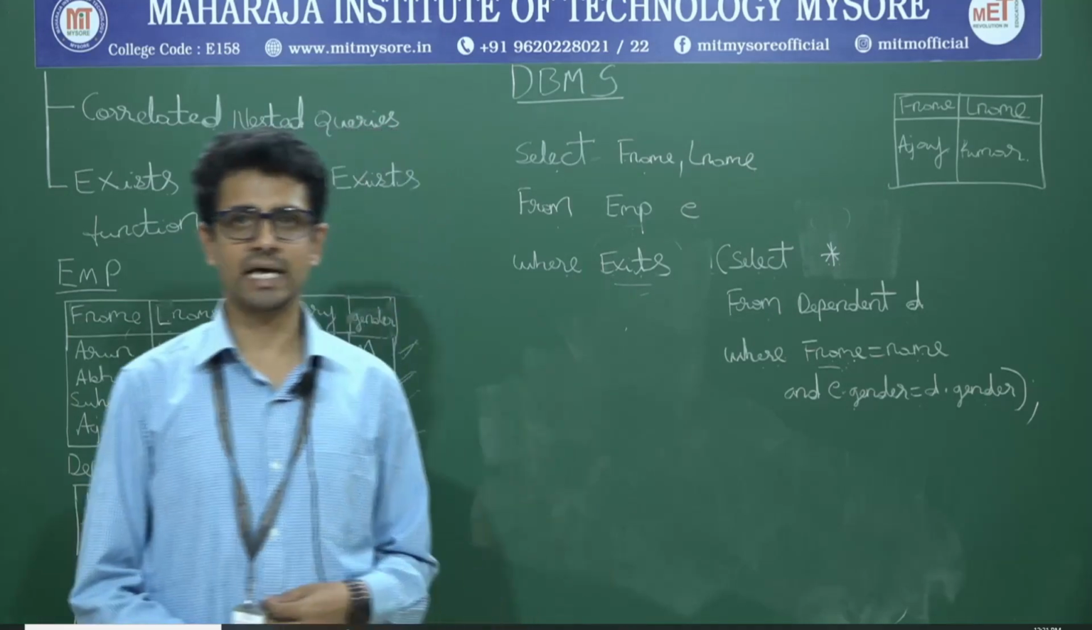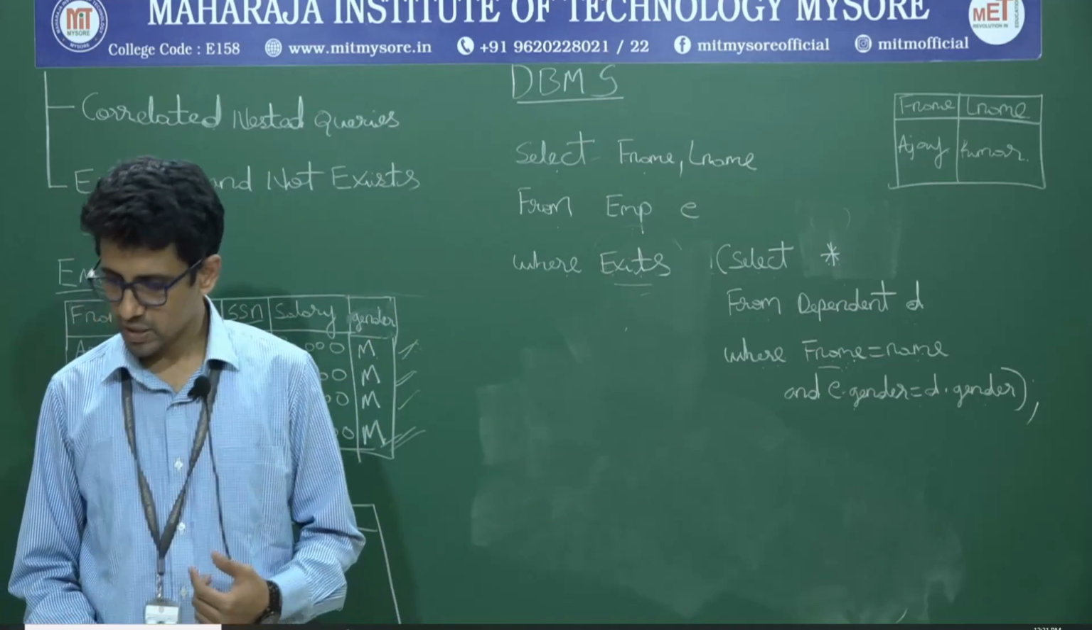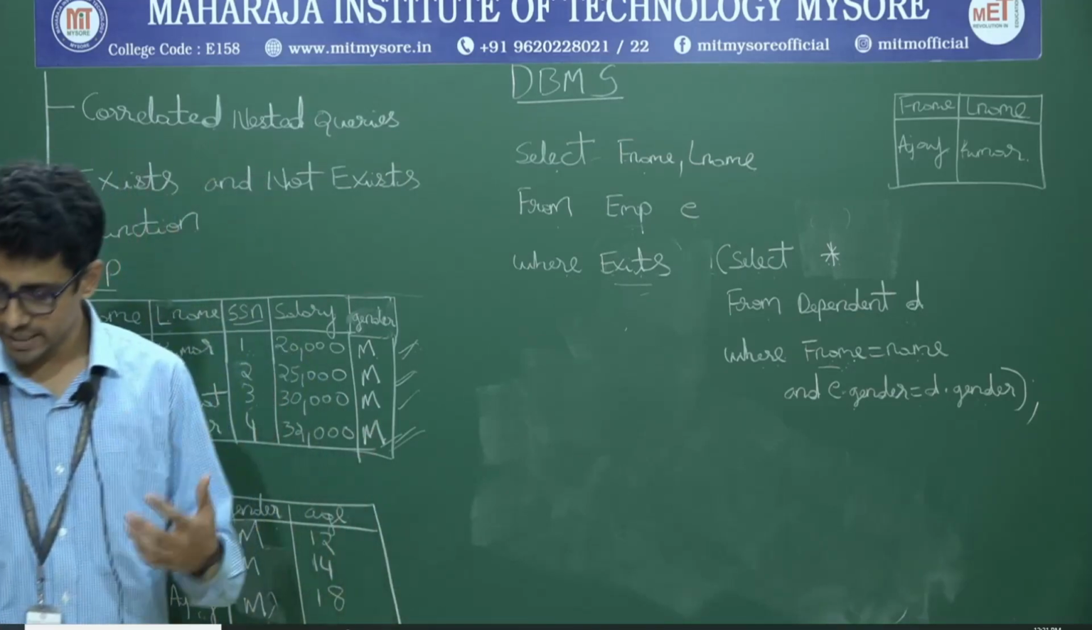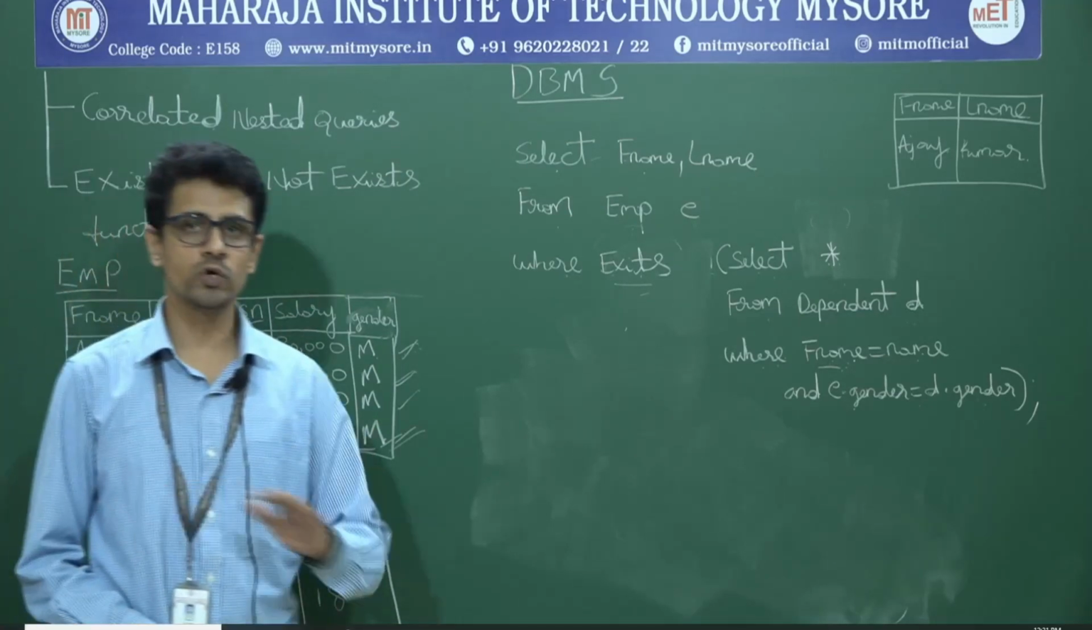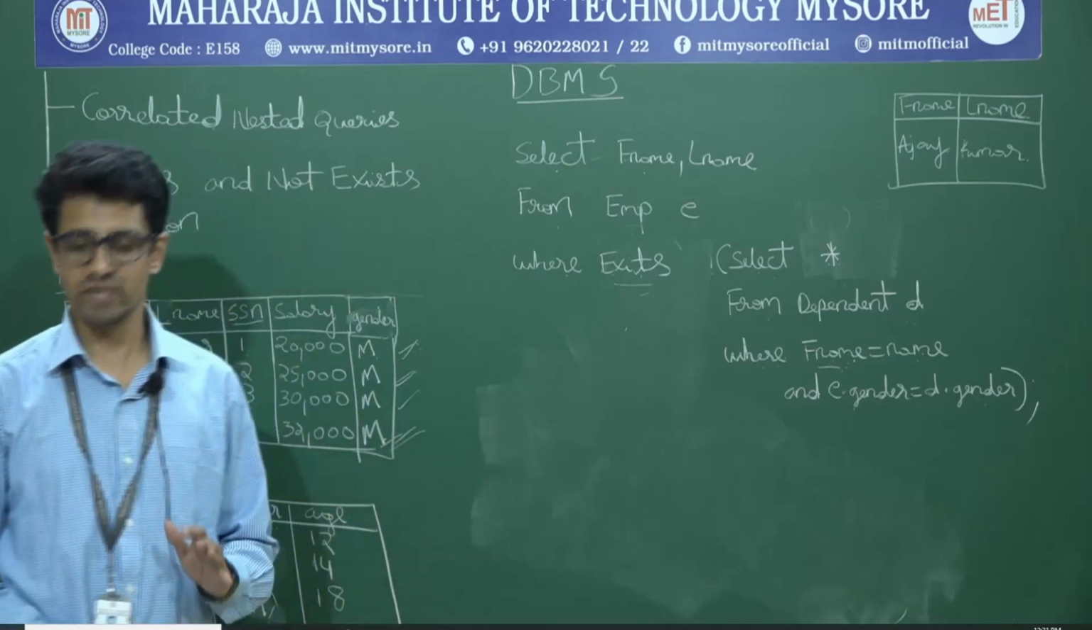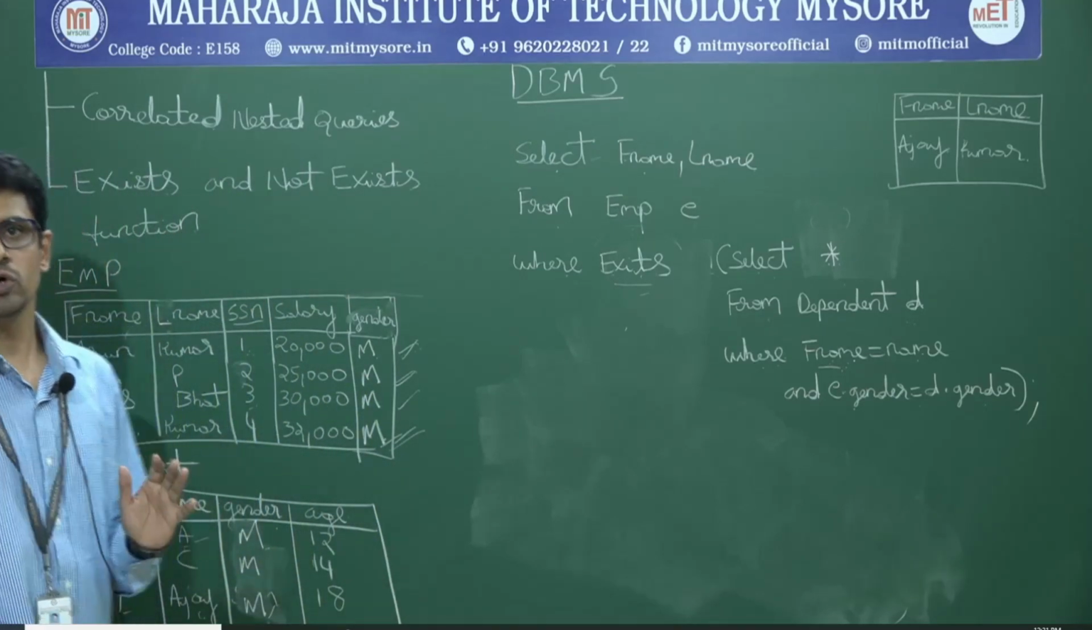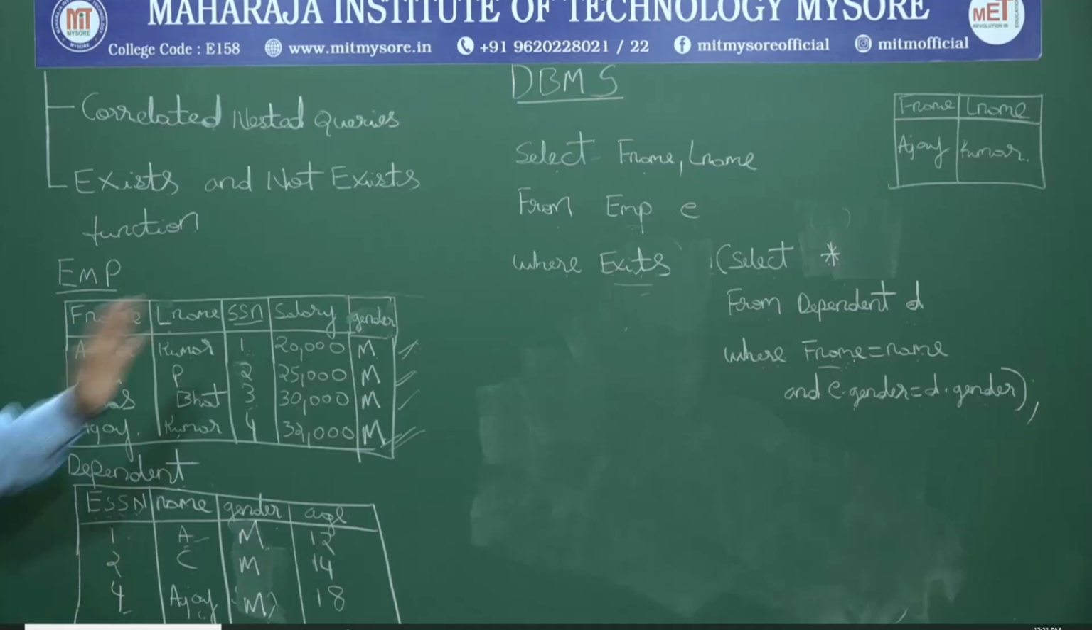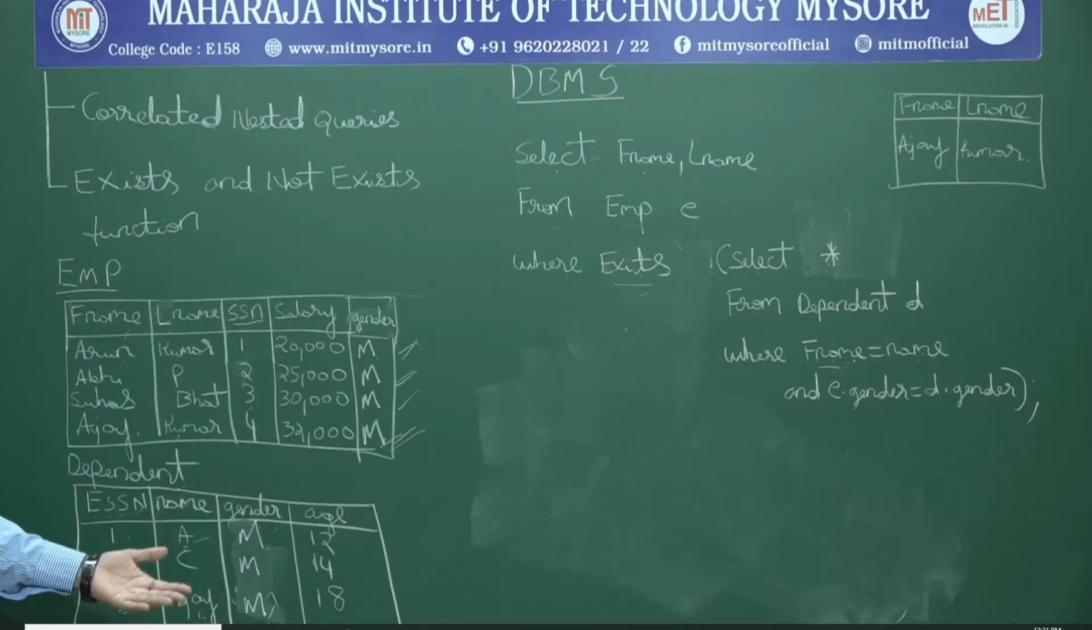Okay, let us see one example for NOT EXISTS also. So the example is: retrieve the names of employees who have no dependent. So in the previous case we were looking for dependents. Now in this case we will be looking for no dependents. Okay, so how the query goes is